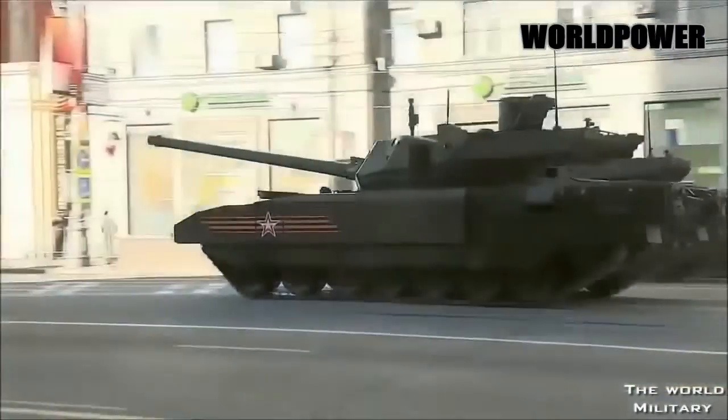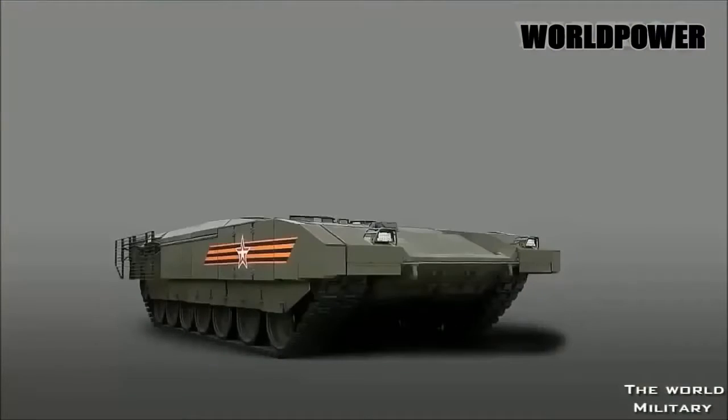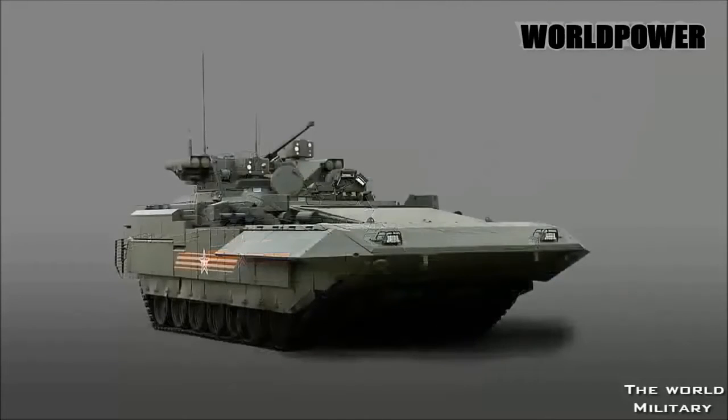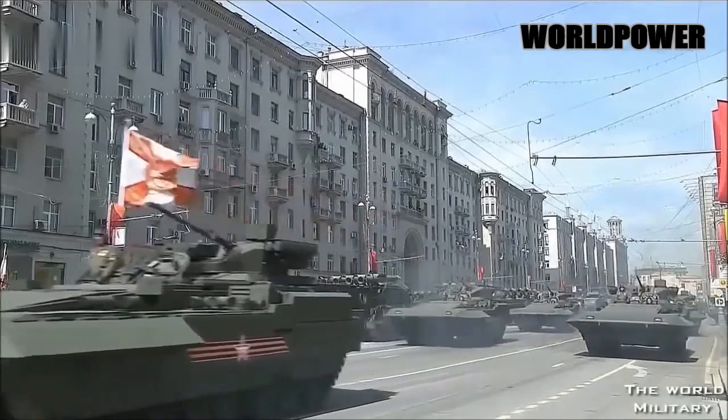The T-14 looks like it has far superior defensive features compared to its predecessors. First of all, there is the Afghanit active protection system, which boasts both hard and soft kill capabilities, set in motion by 4 or 5 advanced mm